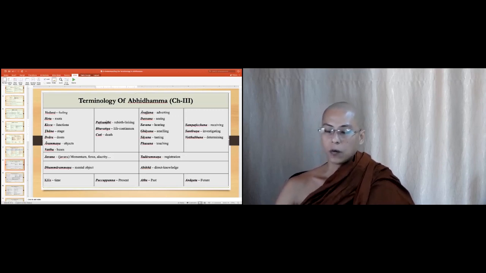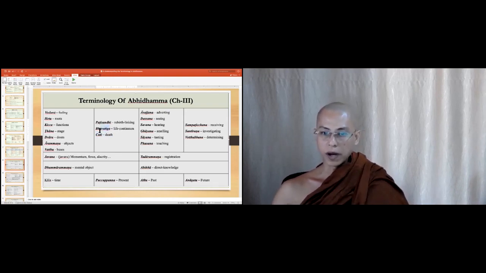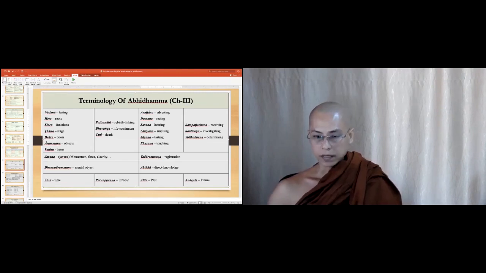When we start our life here, we start with this type of consciousness, rebirth linking consciousness. That is called the Patisandhi. Then when we end our life, it is called the Chuti, death. Patisandhi and Chuti. In the life, many times, there is the Bhavanga consciousness, life continuum. We will understand this later, in chapter 2, lesson 7, etc.